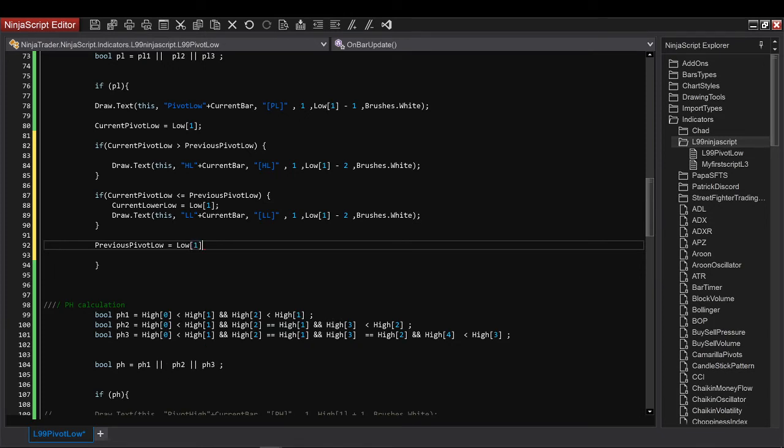Okay. So let's resume a little bit what we have done. We have put the logic to say what is a higher low. This is the current. So when it sees a pivot low, it's going to say that the current is this. If it's higher, it's a higher low. If it's lower or equal, it's a lower low. Then at the end of this, I need to keep track of the current pivot low. Like that, the next time it loops, it's going to keep track of the previous, and I will have the current. So I'm able to compare the current and the previous pivot low.